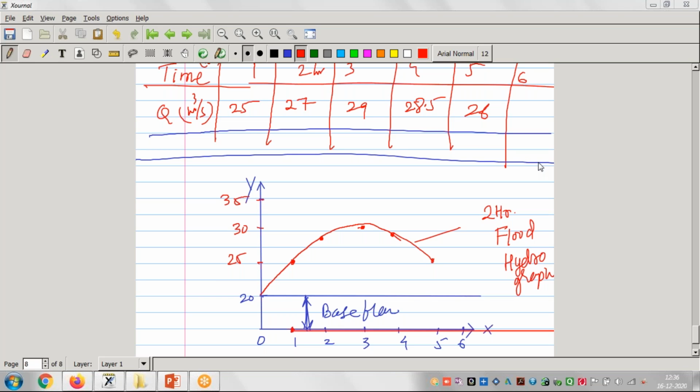I just want to clear what a flood hydrograph is, what a hydrograph is, and how we are making this. Is this clear? Okay. Now, see here, what if in the problem it is said that 20 meter cube per second is